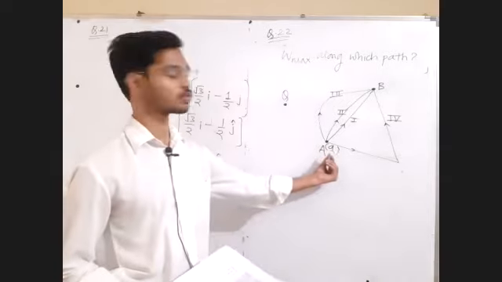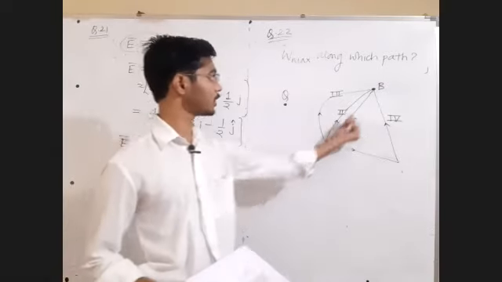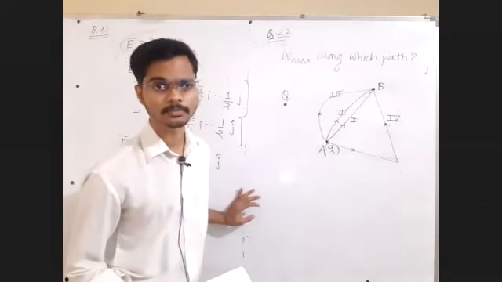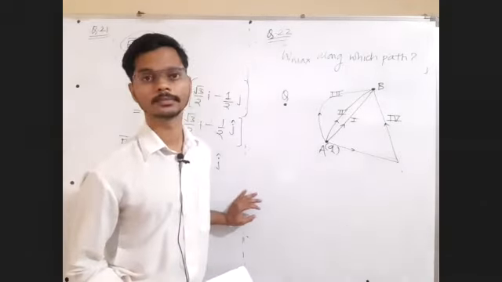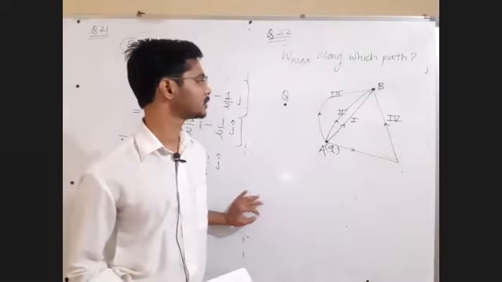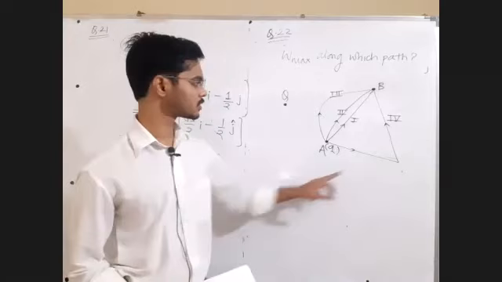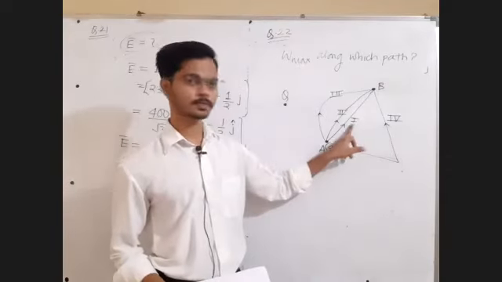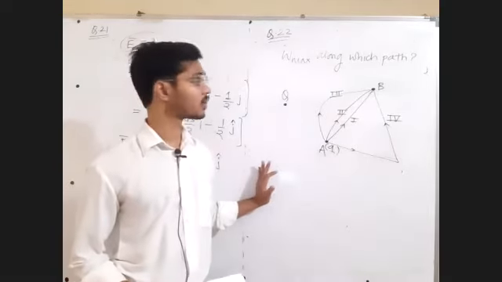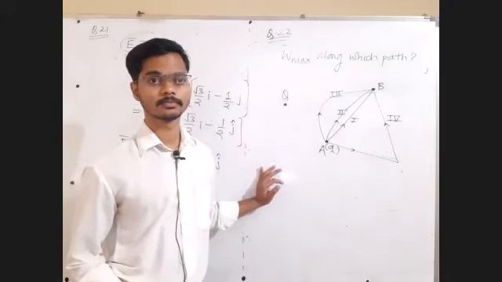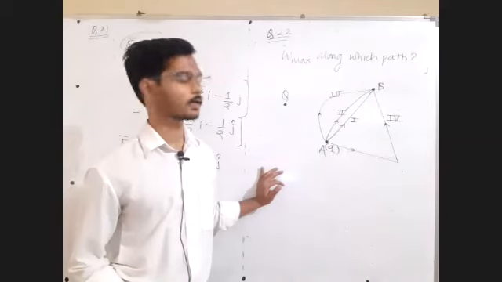Point charge q is to be moved from point A to point B. Along which path will the work done be maximum? Aditi, correct? Everyone, 1, 2, 3, 4. This is the longest path. This is the shortest path. Along which path will the work done be maximum? Aditya, think again. Akash, think again.